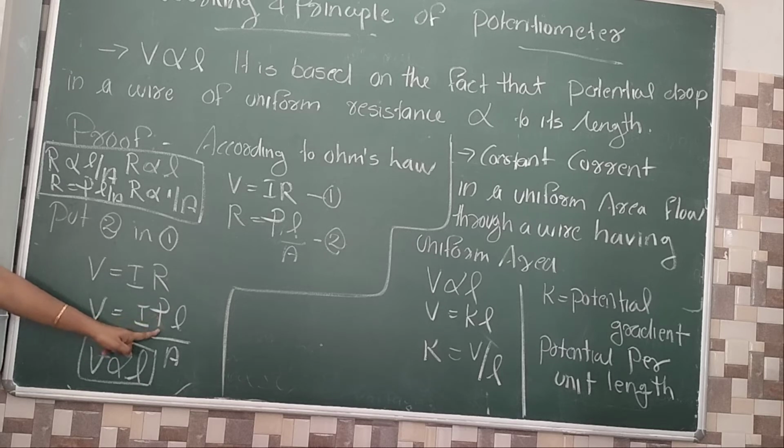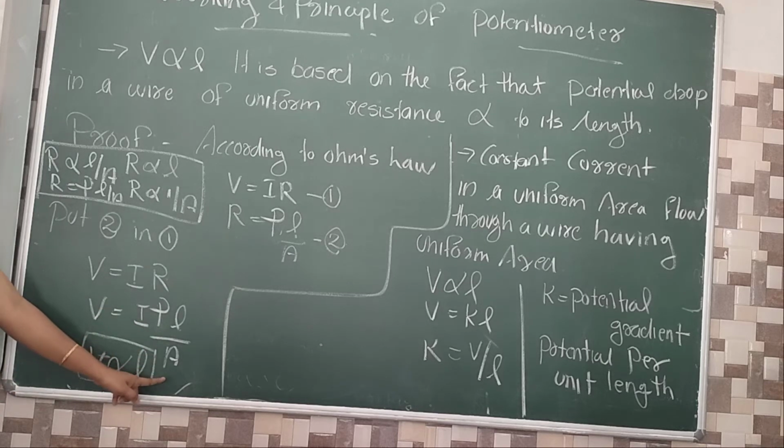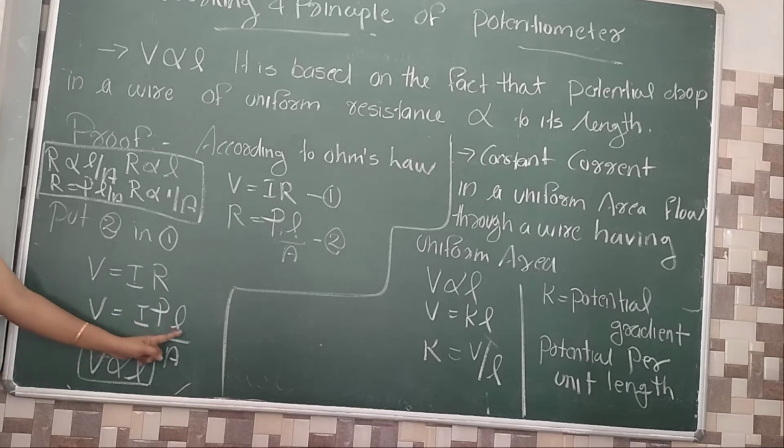Rho, resistivity, is also constant because the whole wire is made up of the same material. Is half one material and another half another material? No. All the wire is made up of the same material. So resistivity is also the same. Clear? So rho is also a constant and area is also constant. The wire has the same length and the same width, so area is also constant. But length is different. Am I right? How long is A to B? Total 10 meters, each one 1 meter. So the only variable is length.